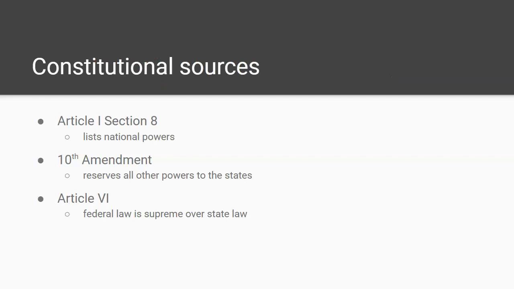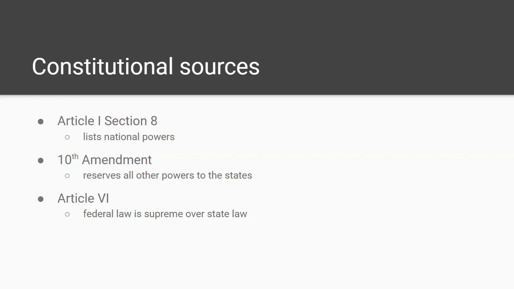There are three parts of the Constitution in particular that set up our system of federalism. Now, this is the first time we've referenced the Constitution. In We the People, we get to know the Constitution inside and out. In fact, by the end, you'll be taking a Constitution test in which you should have at least a basic idea of what every section of the document does. When we mention parts of the Constitution in these lectures, here's what I expect.